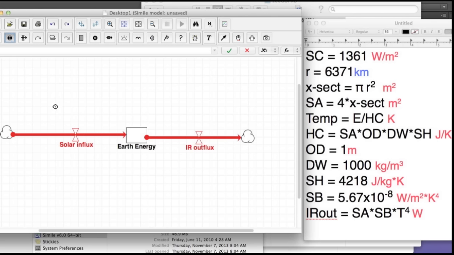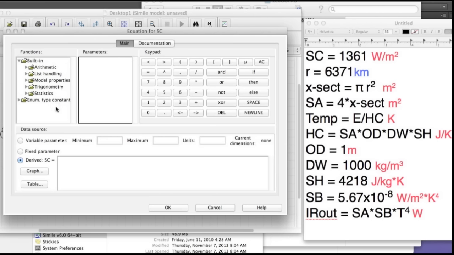I need a solar constant, and I'll abbreviate as I have over on the side there. So the solar constant, we have said, is going to be 1,361 watts per square meter. So 1,361, but I am going to play around with this, and I'm going to make it a variable parameter. And the minimum that I'll take it down to, well, for right now, is 1,321 watts per square meter. And the maximum is